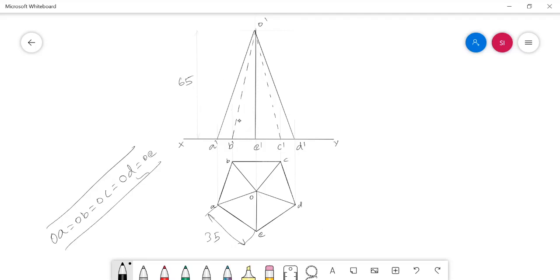Here, in the front view and in the top view, we can't measure the length, because in the top view the OA is very short and doesn't show the true length. In the front view also, O dash A dash is not the true length of the corresponding slant edge. Why do we say it is not true? Because whenever an edge is not parallel to the XY line in the top view, it will not show its original length in the front view. See here, the edge OA is not parallel to the XY line in the top view. So definitely in the front view, this will show a false length.